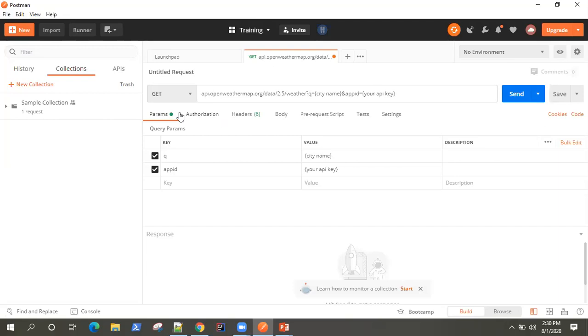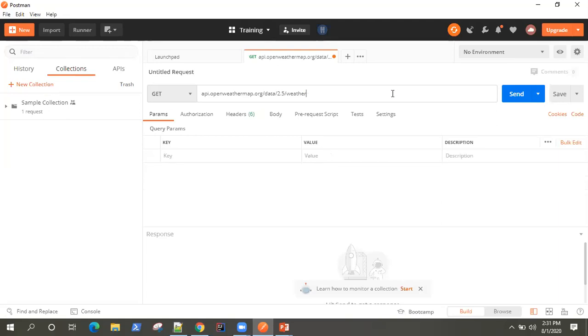Okay, so as soon as I add this in Postman, Postman is going to identify that there are two parameters and it's going to add them automatically to the query parameters here, right? You can add your own query parameters as well. So I can add an ID here, and it will be equals to. So here you can give your value, okay? That way you can add a query parameter. So let's remove it.